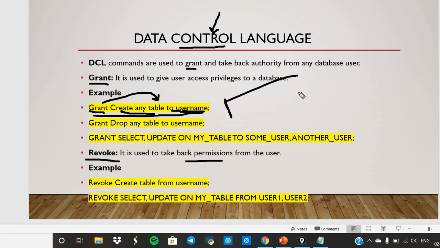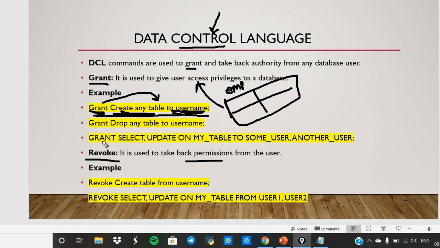You want this particular table. This is the employee table. I want the access of this employee table. So what I'm doing is giving grant create any table to username.